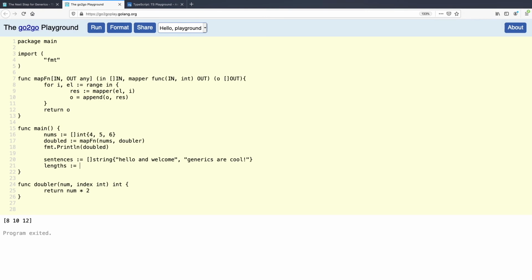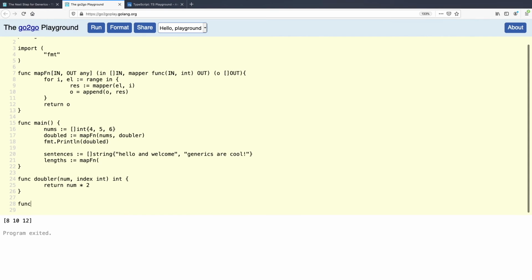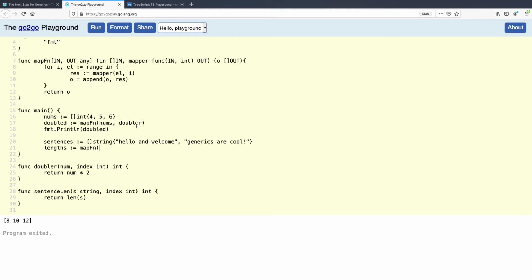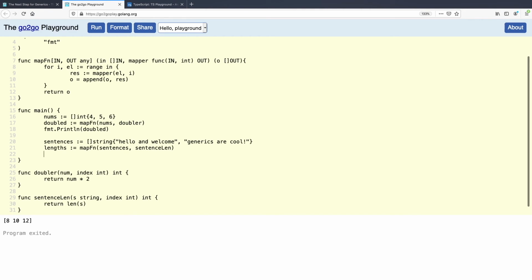So all we would have to do for that is define a sentence length function, which would take in a string and remember our index, and return an integer, which will be the length of the string. Again, we have this utility map function. We just pass in the sentences, and we pass in the sentence length, and we should get an array of the lengths of all the sentences.